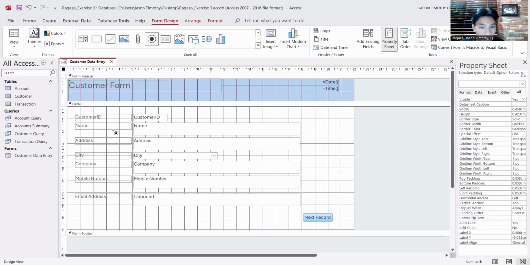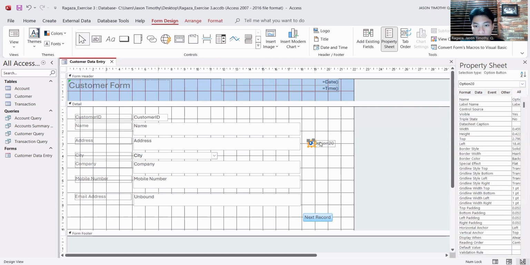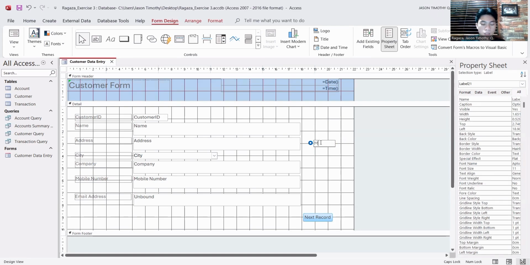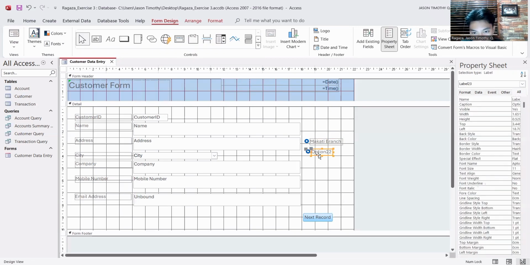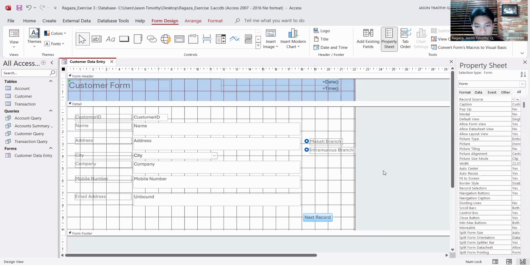So first we're going to place the two options, which is the Makati branch, and we're going to place it beside the description box of the address. We're going to place another one, and then name it as Intramuros branch. So that's enough. And then let's save this one.